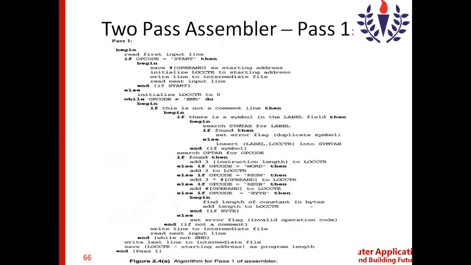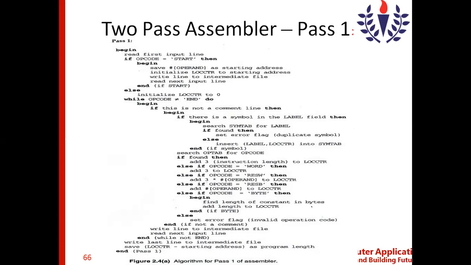So how is the assembler assigning an address to each and every instruction? Whatever I have already explained to you, how each instruction is being assigned an address, I have shown you with the example, the same step-by-step procedure which is given in the algorithm, which needs to be carried out by the assembler when it assigns the address to all the statements in the program in pass one.